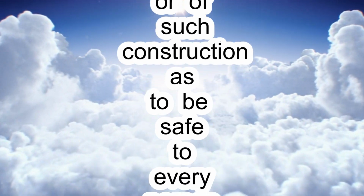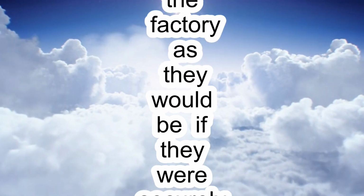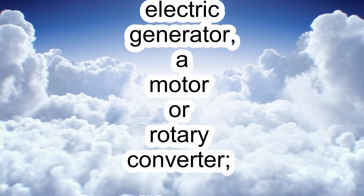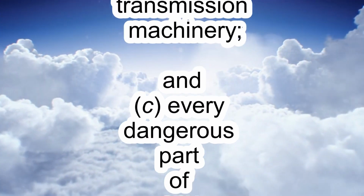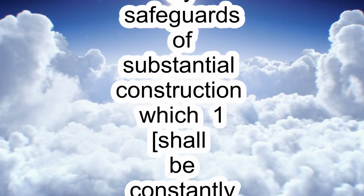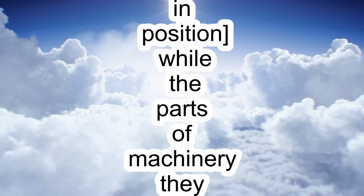And, unless they are in such position or of such construction as to be safe to every person employed in the factory as they would be if they were securely fenced, the following, namely, (a) every part of an electric generator, a motor or rotary converter, (b) every part of transmission machinery, and (c) every dangerous part of any other machinery shall be securely fenced by safeguards of substantial construction,